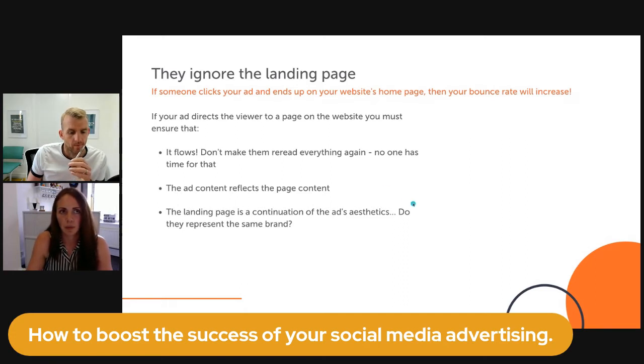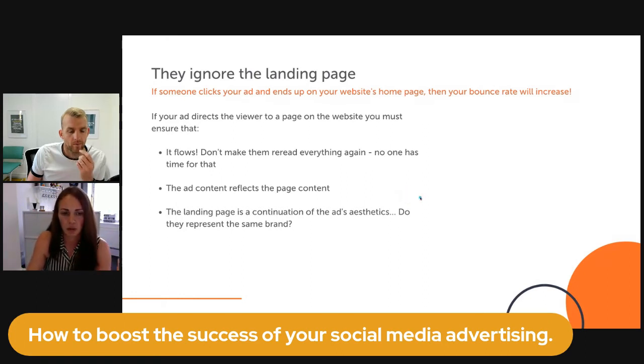I've seen examples before where a company has advertised an ad on their sister site page and directed it to the website of their parent company. So technically two different companies, and obviously somebody clicks on that ad and they're sent through, they're going to think they've gone to the wrong website. So just be mindful of things like that: are the colours the same?